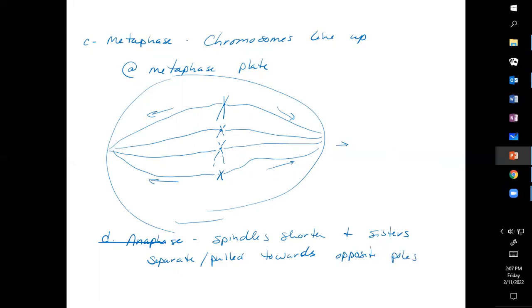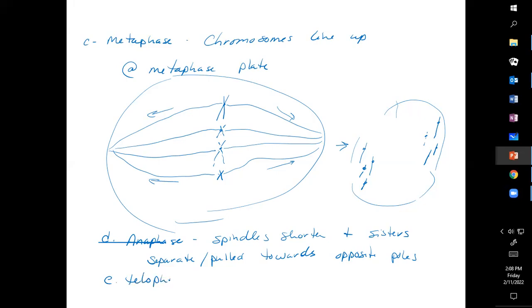So if we zoom this forward in anaphase, what you would have is one batch of sisters in one area, and the other batch of sisters in the other. In a human cell, that would be a total of 46. Right? The final phase, and I'm going to just lump these two together, are